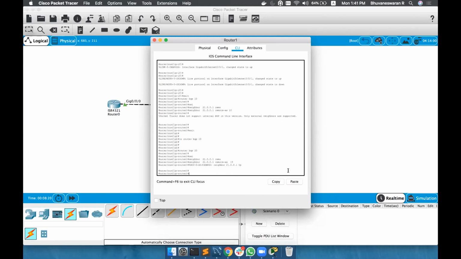Now neighbor relationship is up. Okay. Understand, bro, how we configure the BGP? Kishore, sir, understand how we configure the BGP?